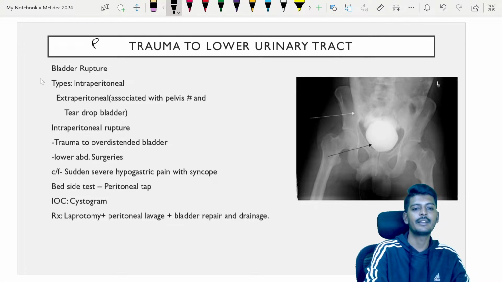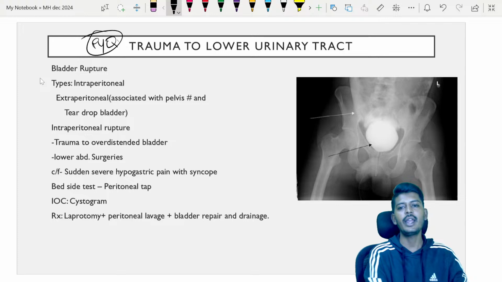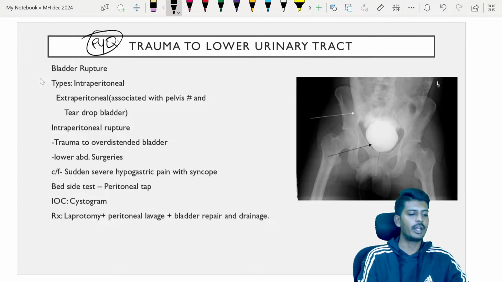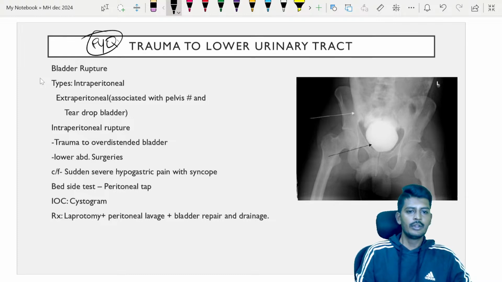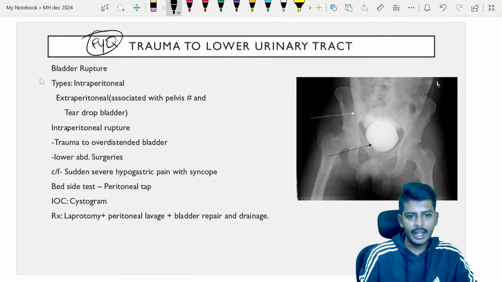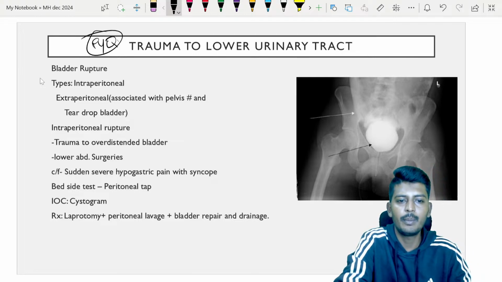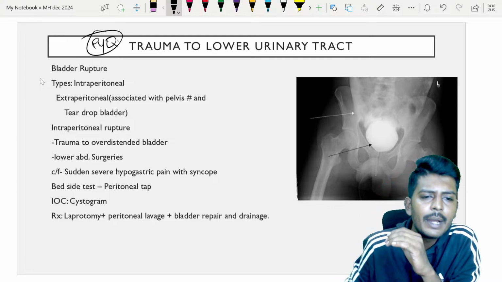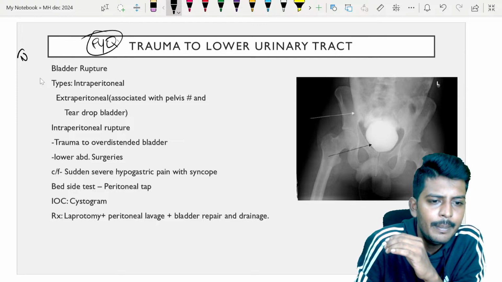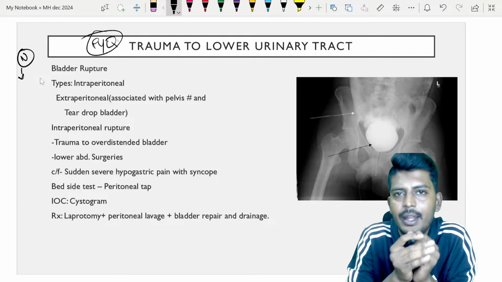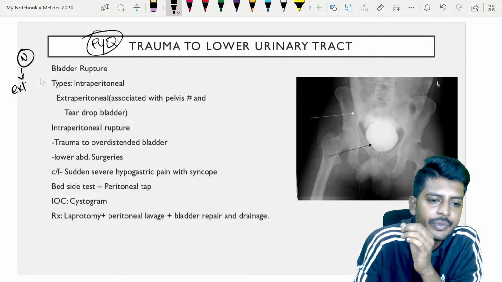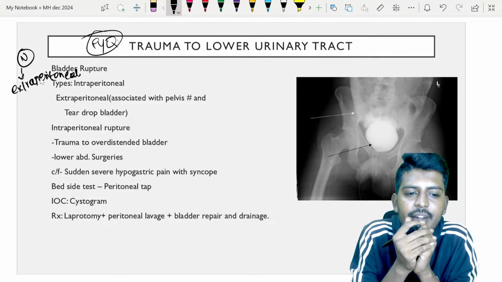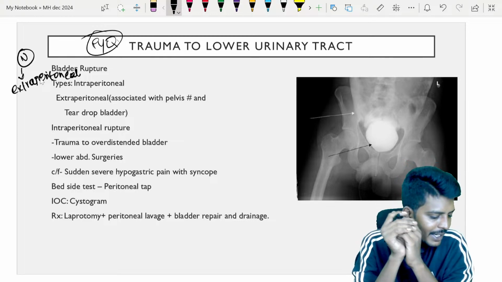Again, this was asked previously, asked many times, okay. Let's now understand trauma to the lower urinary tract. So what exactly is there? That is your bladder rupture, sir. What is bladder rupture, when does it happen, how does it happen, let's understand everything, okay. Now normally the bladder, anatomically, is outside the peritoneum, extraperitoneal. Anatomically it is located extraperitoneal, when it is a normally empty bladder.